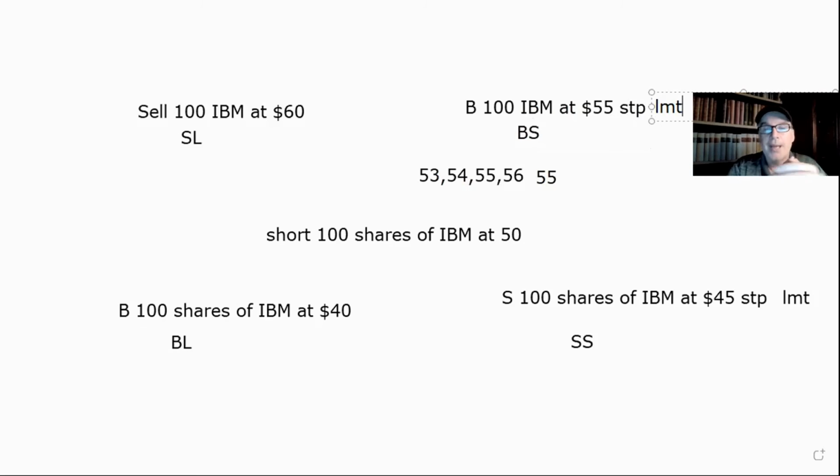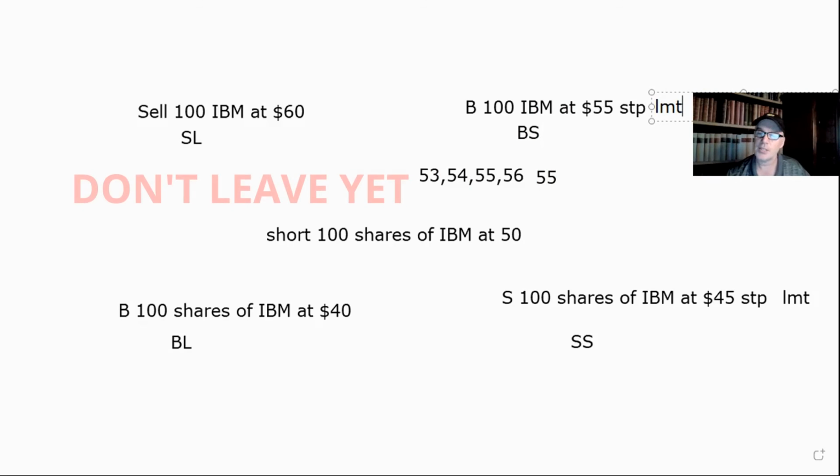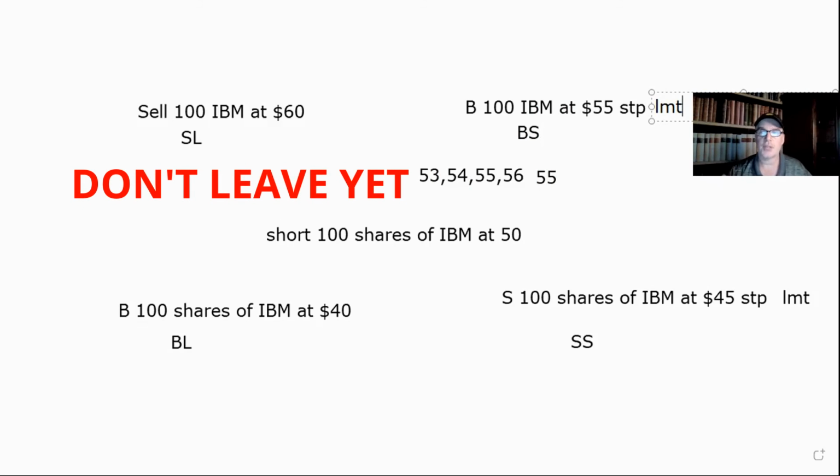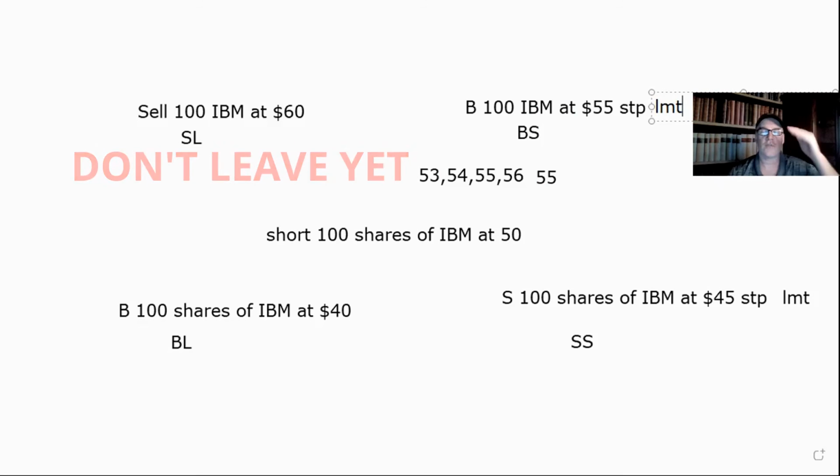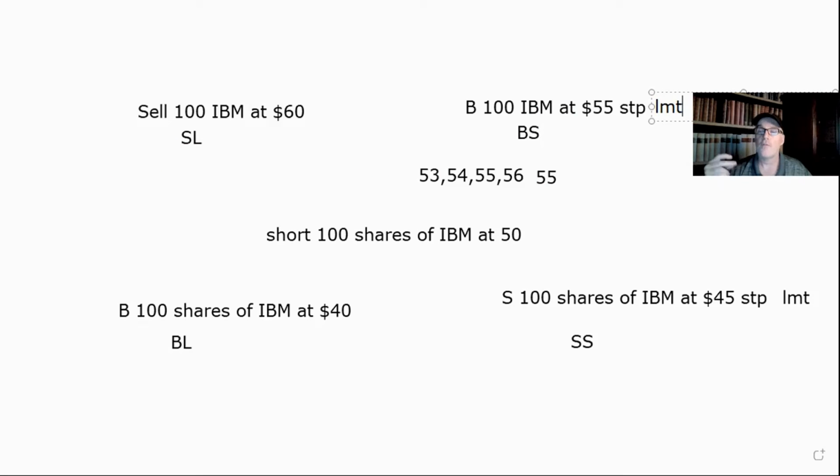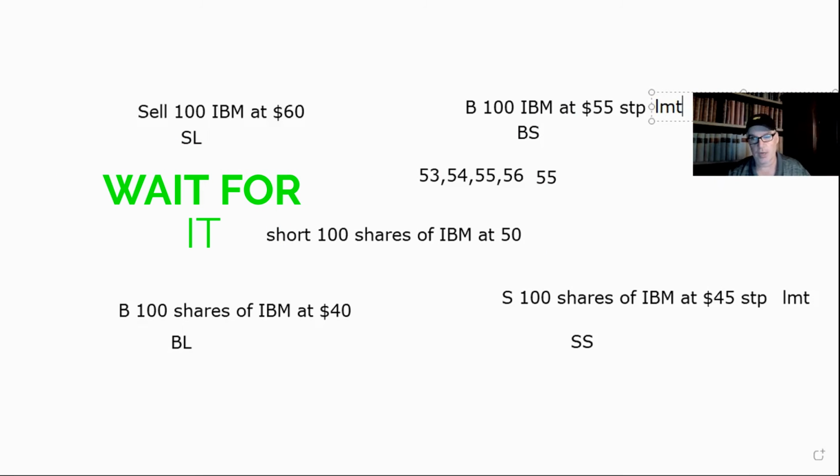Now, remember, a buy stop can trigger if the stock trades at 55 or higher. So if it went from 54 right to 59, 59 would still be the trigger price. And then the next trade is where you buy it. Same thing on the sell side. It's going to elect at 45 or lower. So if it went from 47 right to 43, 43 is the trigger, and then the next trade is where you sell it. Okay, so I hope that helps a little bit.